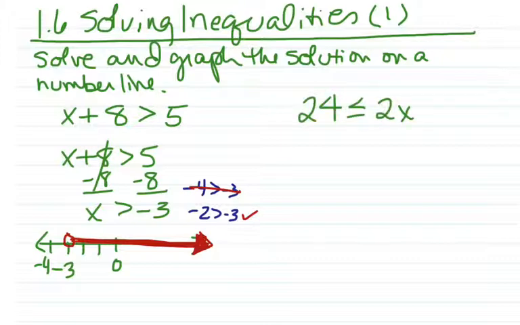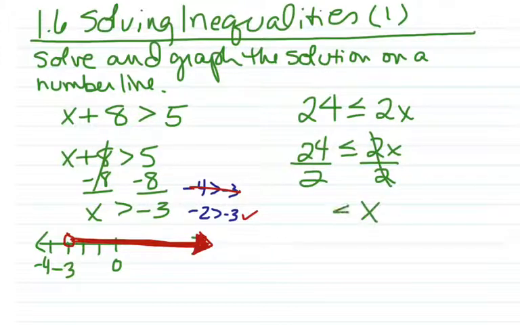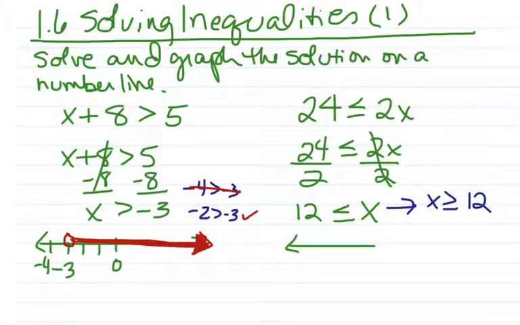Let's try another little simple one. Doesn't matter whether the x is on the left or the right. I'm going to keep a nice clean copy, do the math. We get 12 is less than or equal to x. I'm more comfortable with the variable on the left maybe, so I'm going to rewrite it as x is greater than or equal to 12. If you take the time, before I do that,